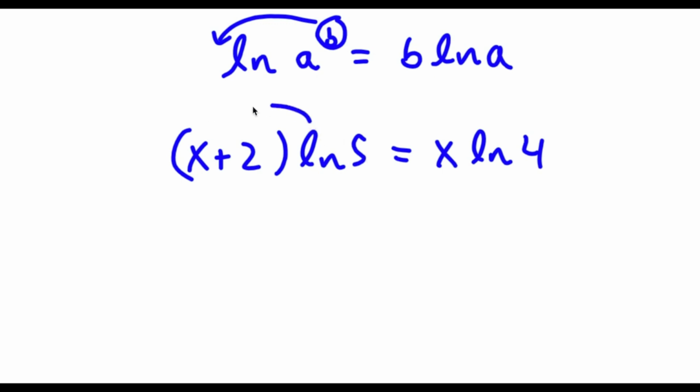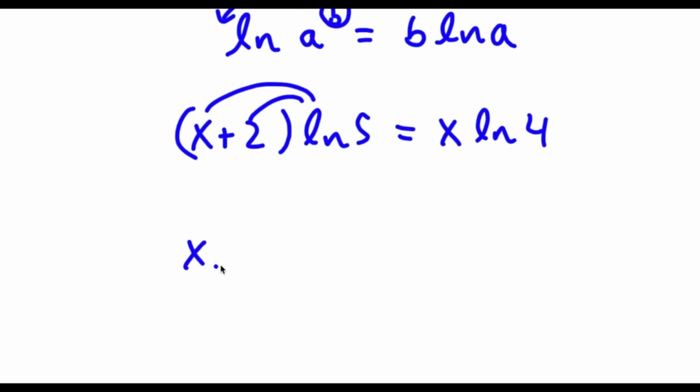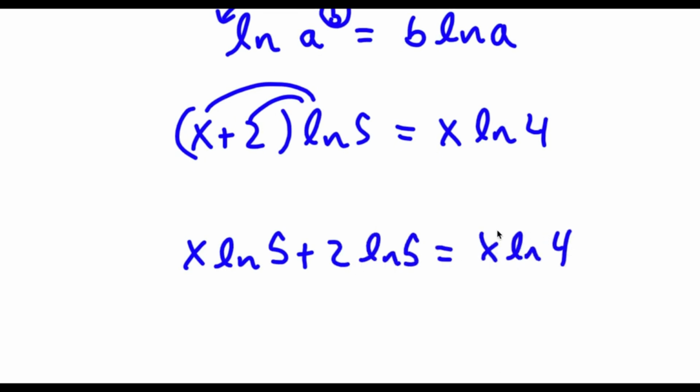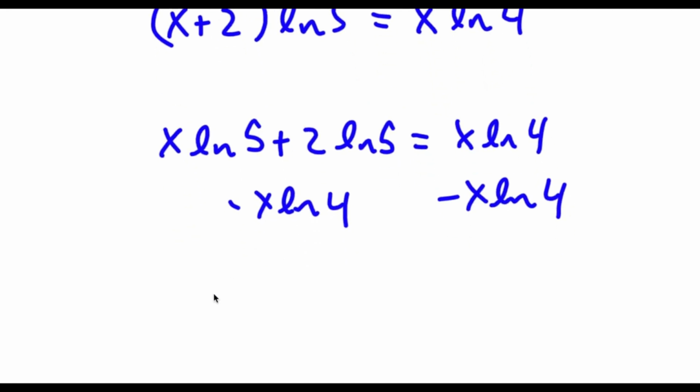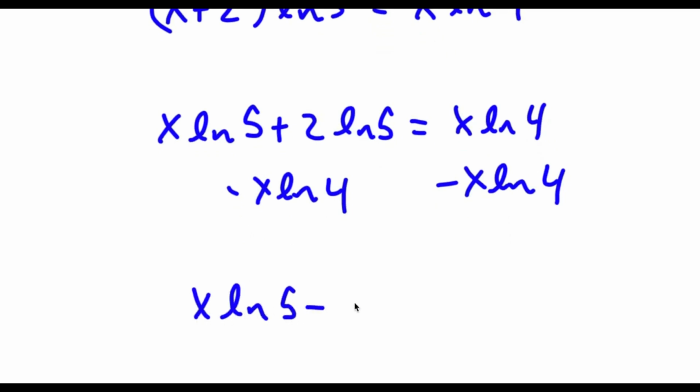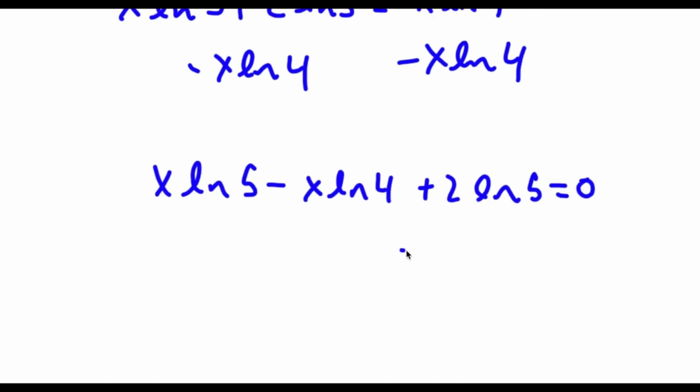Now, if I distribute ln 5 with x plus 2, I get x times ln 5 plus 2 times ln 5 is equal to x times ln 4. Now, I'm going to subtract both sides by x times ln 4. So now I have x times ln 5 minus x times ln 4 plus 2 times ln 5 is equal to 0. Now if I subtract 2 times ln 5 on both sides,